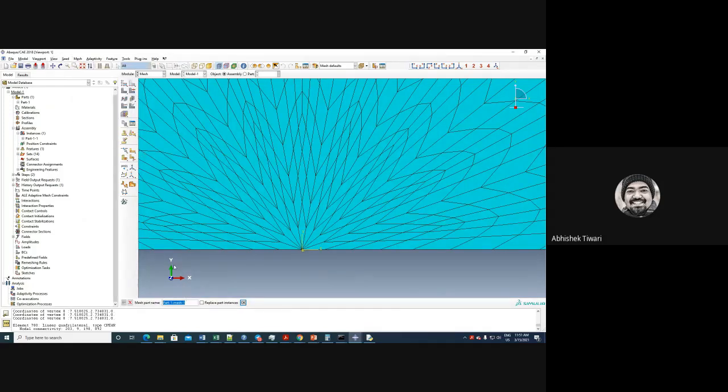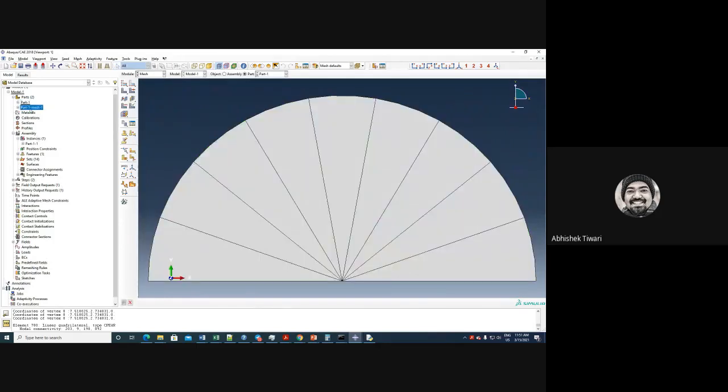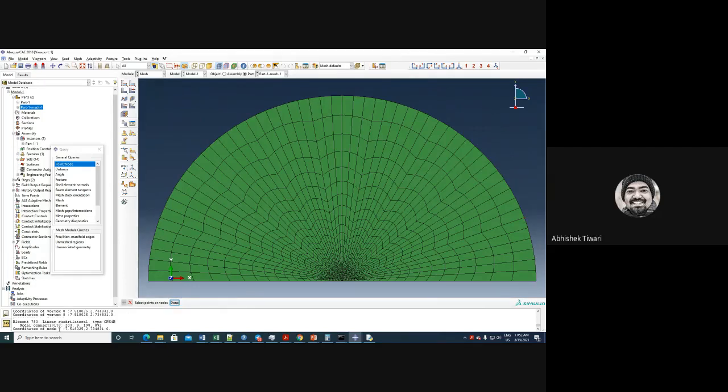We can create this thing as a mesh part. So now this is a part. So instead of this, we have this now. Okay. And in this we can find out what the node number is. So let us look at the node number. And I want to know about this one. And the node number is 9.